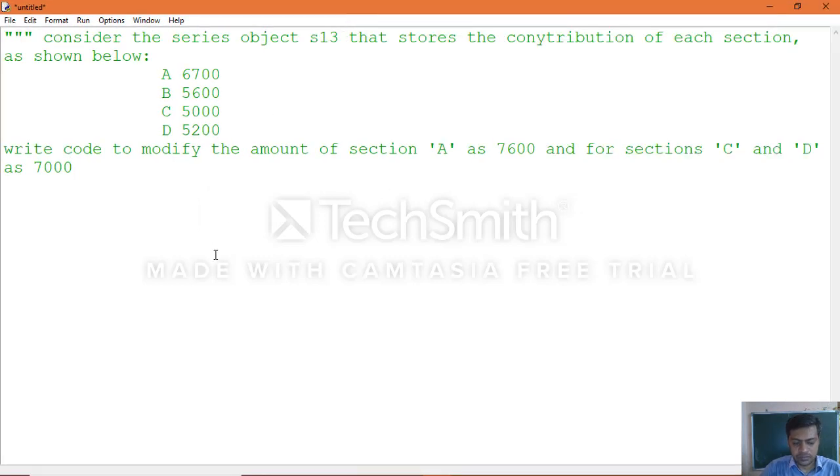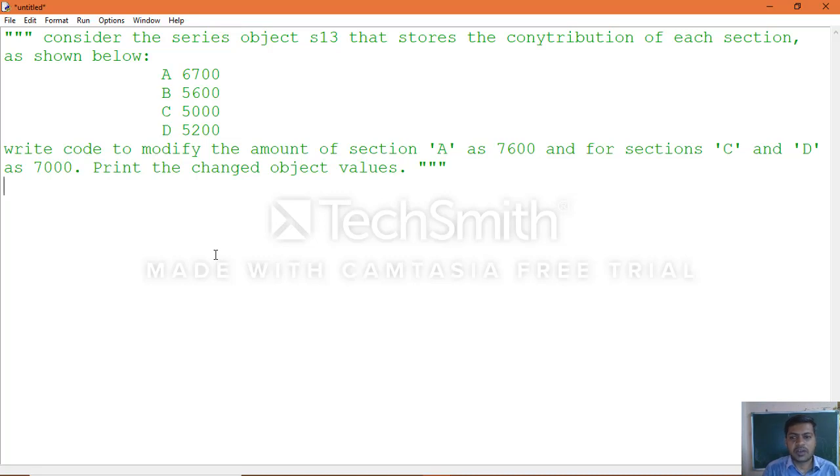Print the changed object values. Okay, this is the question which was given.